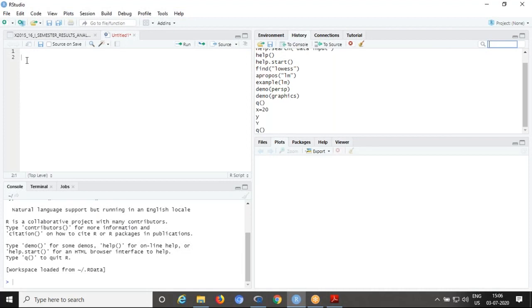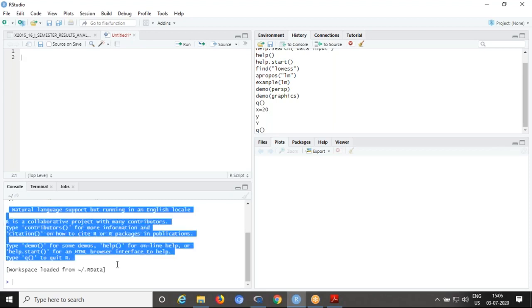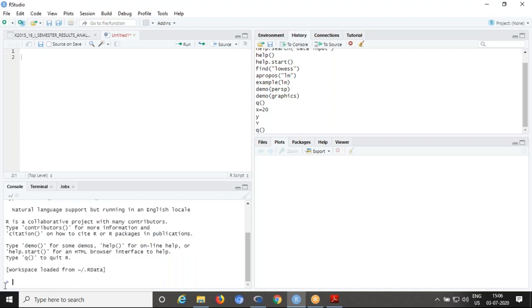Just now we discussed, it has 4 windows. So the left one, wherever the cursor is moving, this is window 1. Here the script code will be written. Then at the bottom, where I am selecting, this is window 2. This is the R program command line window. Here you can see the R prompt symbol is showing. So here R code can be typed and executed.